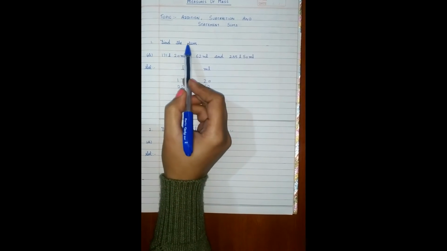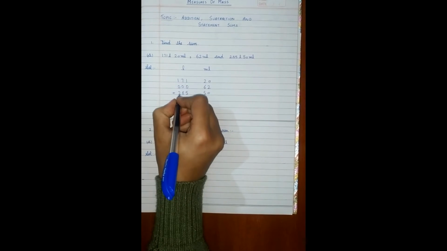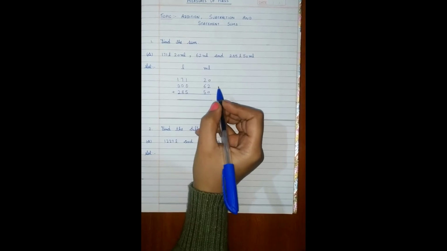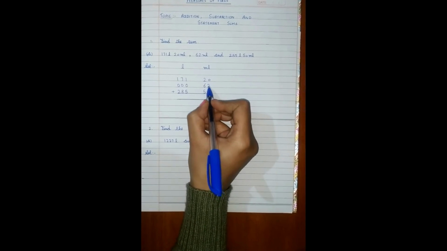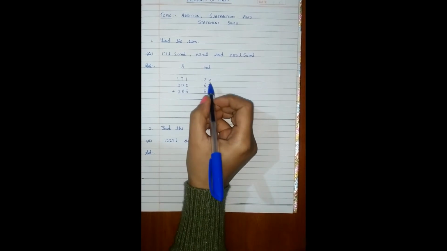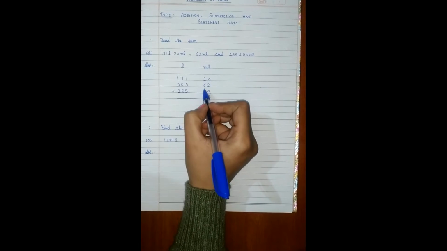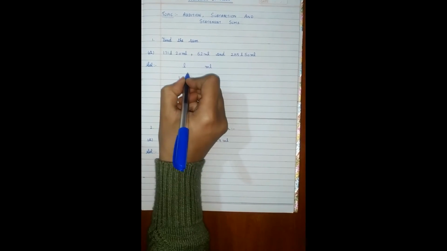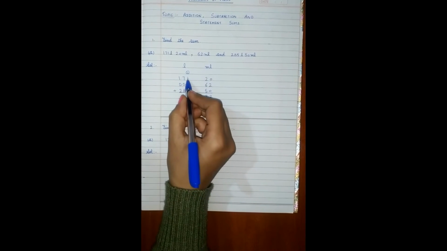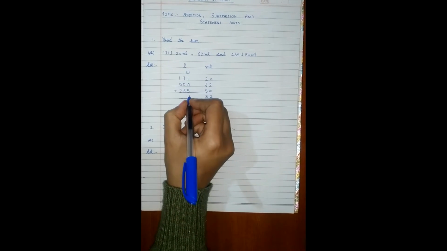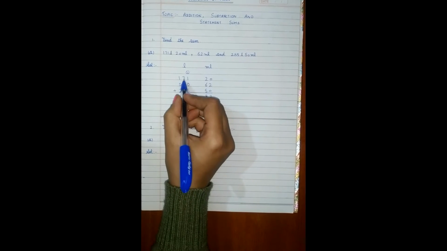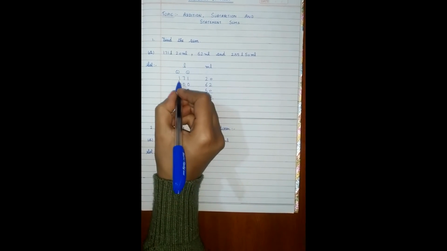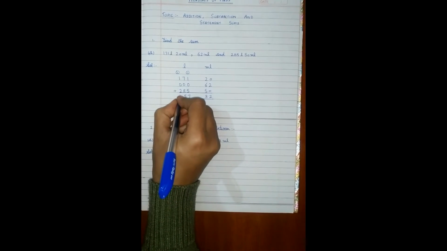As you can see, we are finding the sum, so let's do the addition and put the sign of addition, that is plus. Start from ones place. 0 plus 2 plus 0 is 2. 2 plus 6 is 8. 8 plus 5 is 13. 3, 1 carry over. 5 plus 1 is 6. 6 plus 1 carry over is 7. 7 plus 8 is 15. 5, 1 carry over. 2 plus 1 is 3. 3 plus 1 carry over is 4.